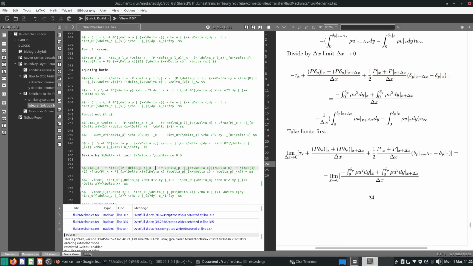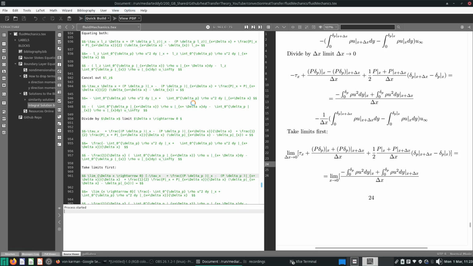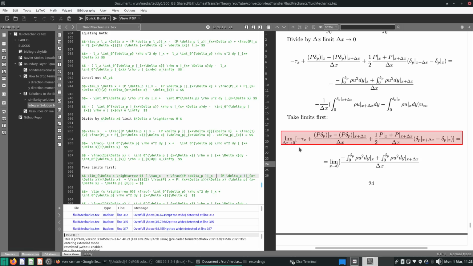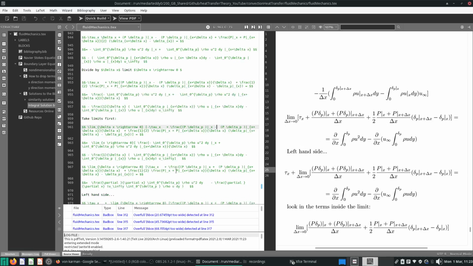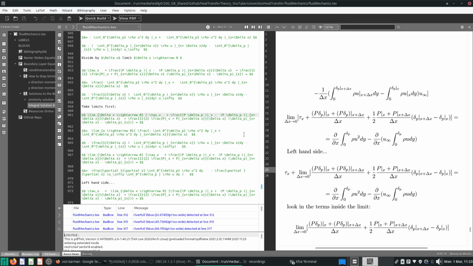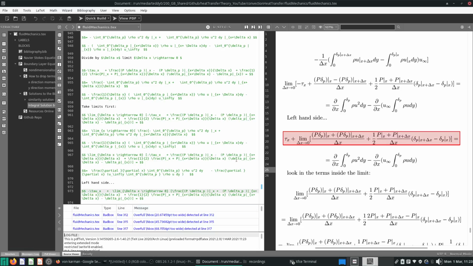Okay. Tau x here again. And you can take the limits. Tau x will be again negative, and this big delta p thing will be negative. Alright. And this will be the same. And you will get those derivatives. Okay. So here will be a limit with a minus tau x here. And you will need a minus delta p delta x. The left hand side, yeah, once we take out the limit, that should be